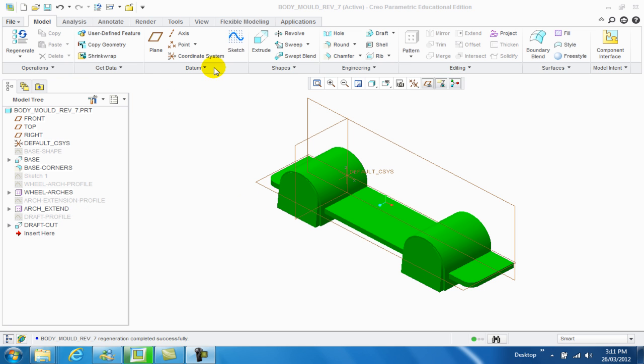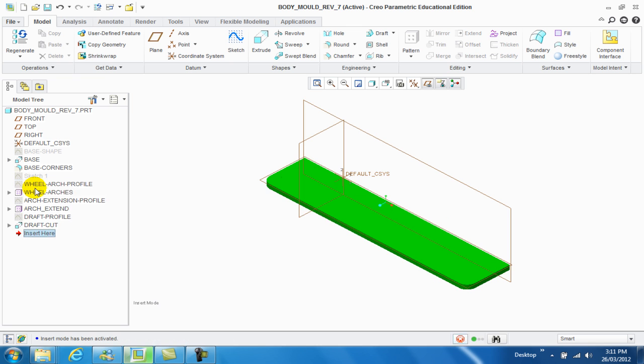First thing I want to do is, well, I've already opened Body Mold Rev 7, which is my latest at this point in time. First thing I'm going to do is grab the insert here and pull it above the wheel arches. That'll suppress the wheel arches extended and so on, and we'll end up with something that looks like this. We're going to click Extrude,